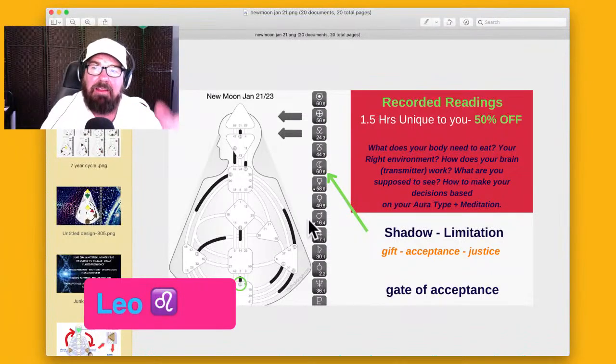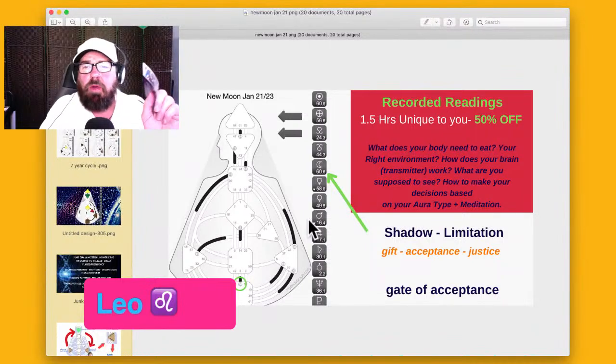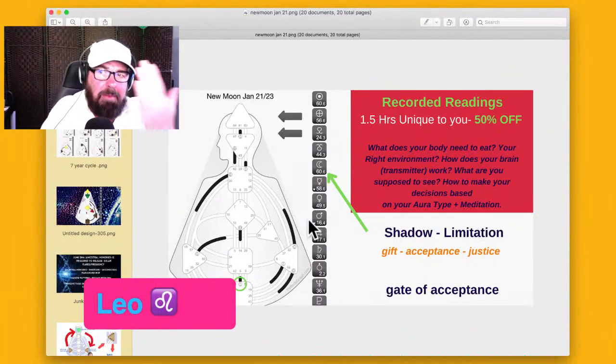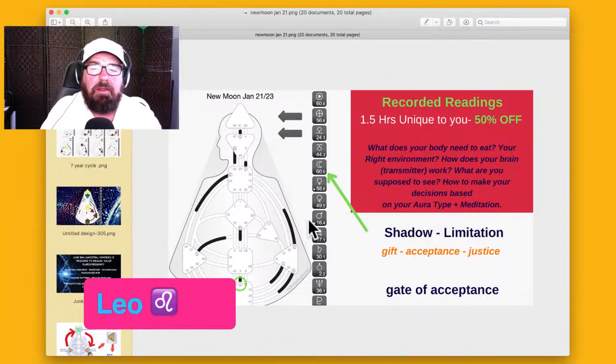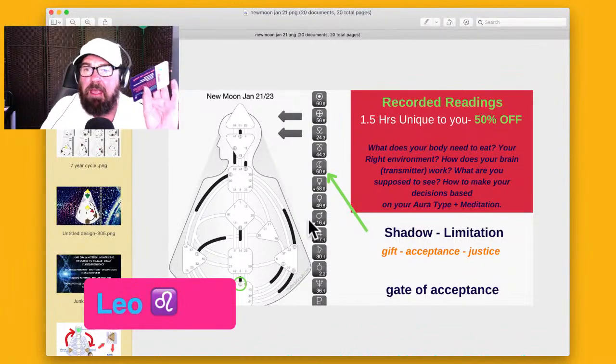Everything's stuck. It's Groundhog Day over and over again. Boring, boring, boring. I just want to move out of this. This is the Knight of Swords. I just want to be through this. And then there's the shadow of limitation. It's like, no, you can't use this strategy, right, Leo?